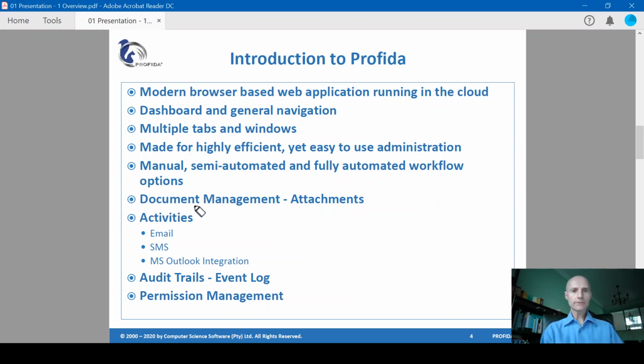We also had a brief look at the document management. Activities can become email, SMSs, Outlook integrations, meetings, reminders, internal workflows where one staff member sends something to another staff member and then they get it back. And because everything is integrated in Profida, you always have the link, you see always to which object and which policy, claim, or person this relates to. You don't need to first search for the person, you're already there. Or if you're not there, you just click the link and then you see all the details. For example, if you need to make a phone call to